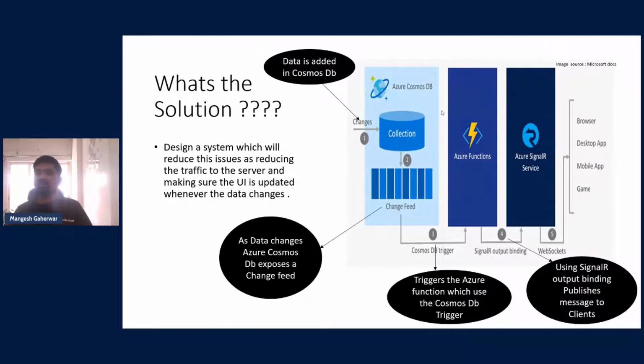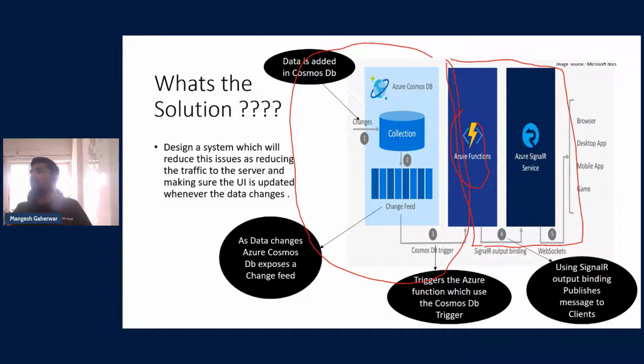In this architecture, there are a few steps that we want to develop. The first section would be to design the system like this. The data will be added, change feed will be exposed, and this data will trigger the Azure function. The second part would be to integrate the Azure function and Azure SignalR service by using the input and output binding of the SignalR service.